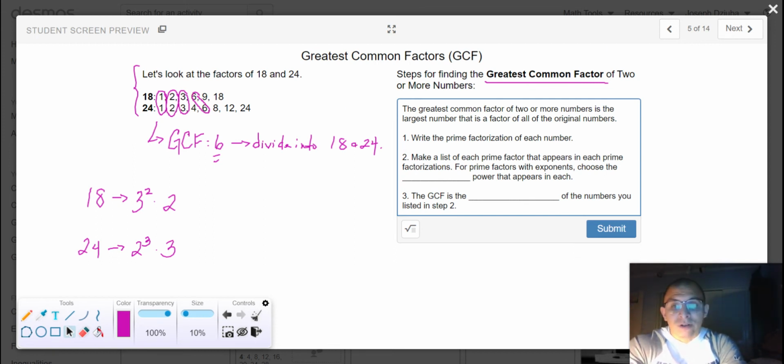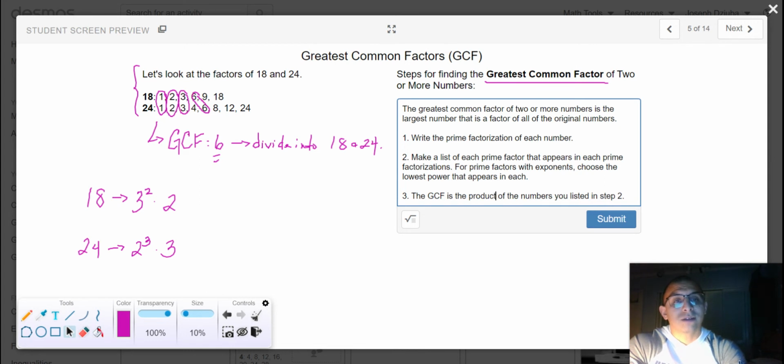As we can see here, the greatest common factor is 6. For prime factors with exponents, and now they both share prime factors, we want to choose the lowest power that appears in each. And we would say that the GCF is the product of the numbers we listed in step 2. So going back to our situation here,